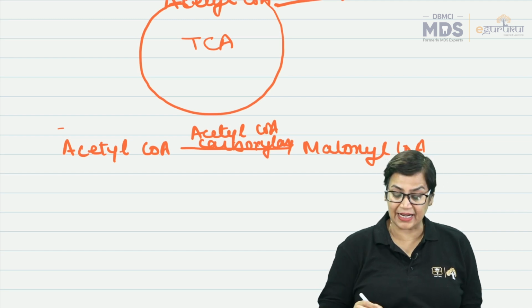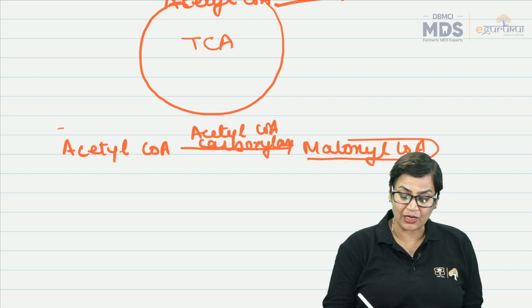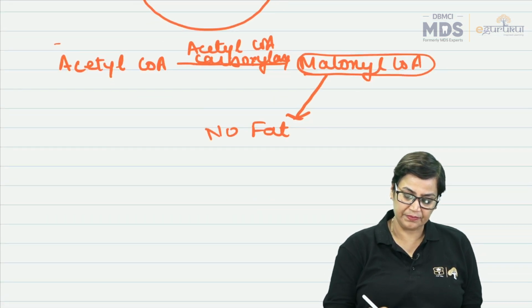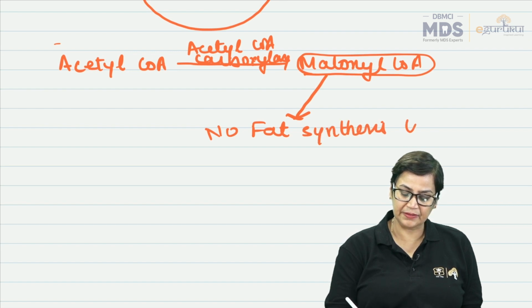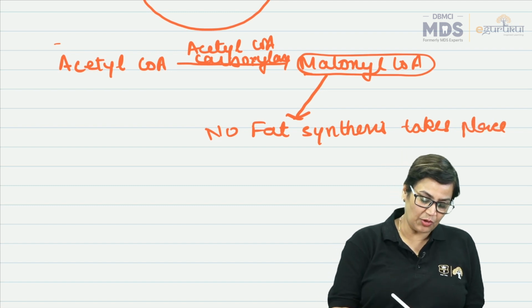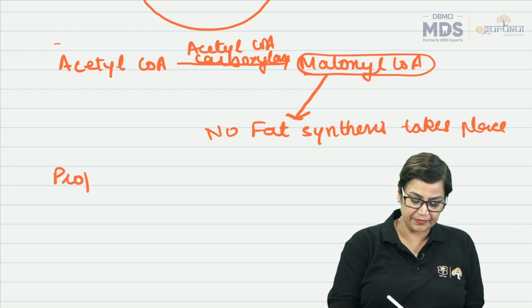So I can say that if malonyl-CoA is not synthesized, no fat will be synthesized. So B5 is important. If we talk about propionyl coenzyme A,